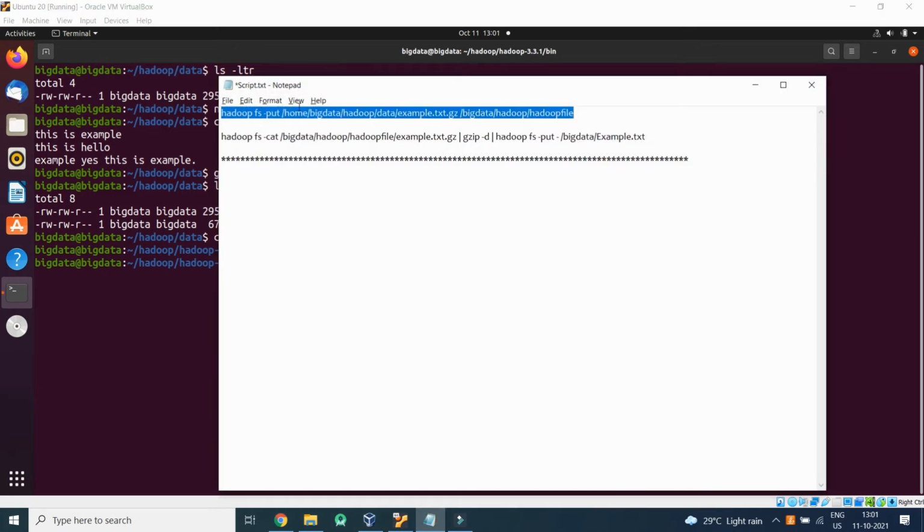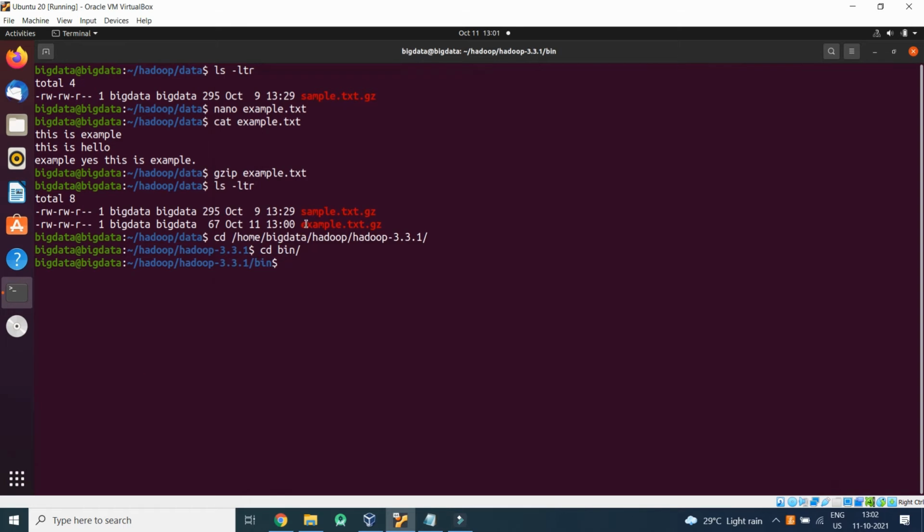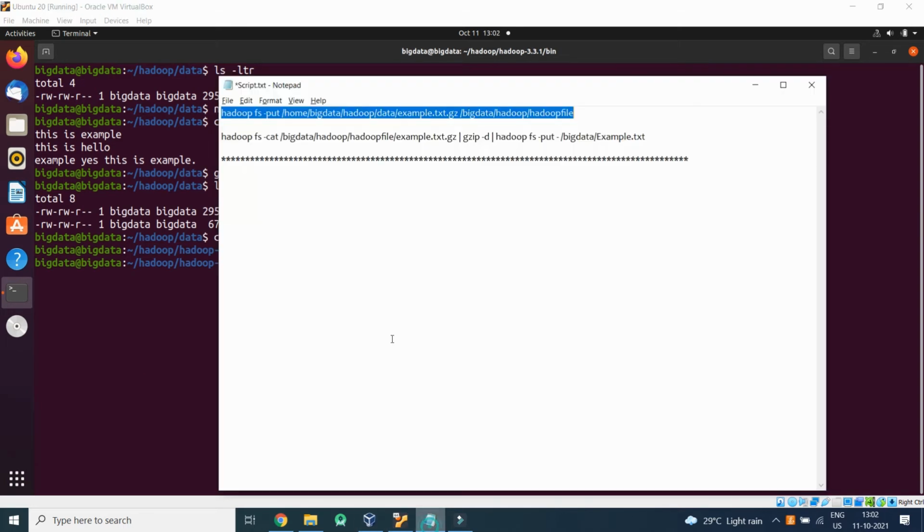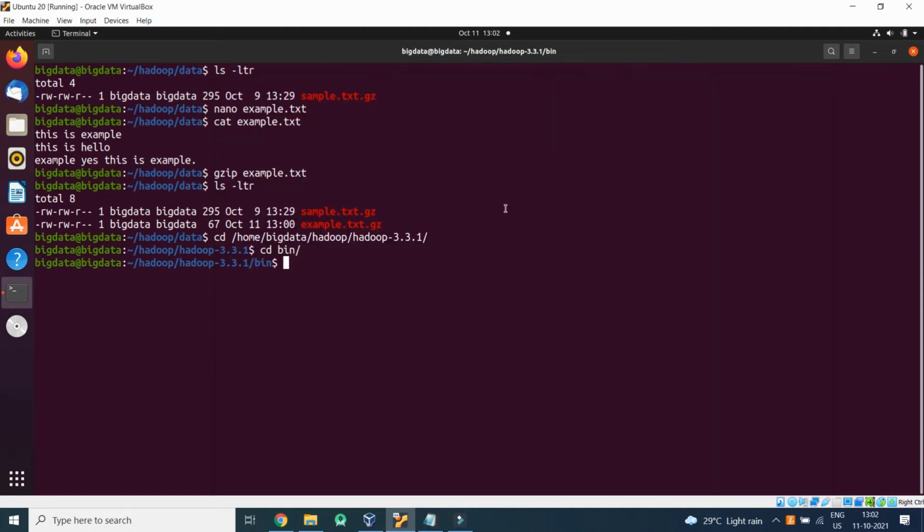This is the place where I will execute this command. hadoop fs -put will move this example.txt.gz file to the Hadoop environment, and it will be stored in big data Hadoop /Hadoop files. So let's perform this activity.